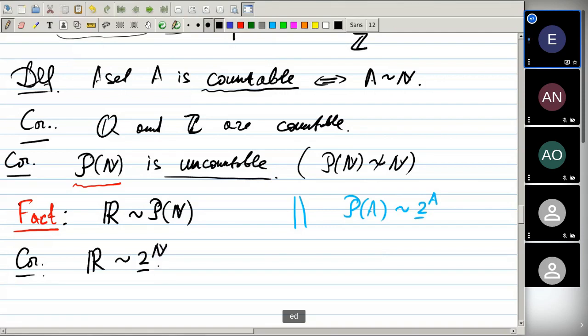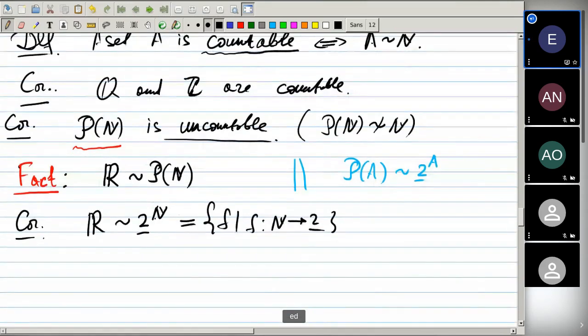It is a set of all functions from naturals to zeros and ones. But every such function, what is it? It is a set of all sequences